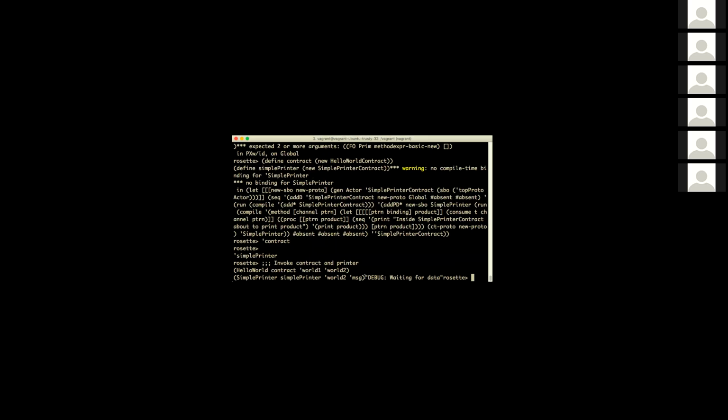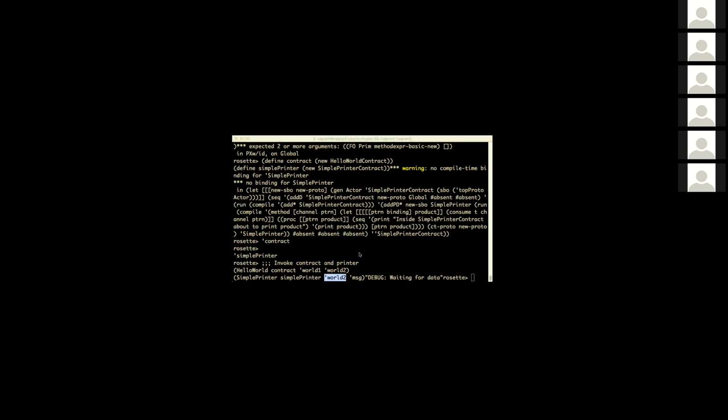So this is the simple printer contract where we're passing in world 2, and this is the actual channel that it's listening on. Right now we're invoking the original Hello World contract and then the simple printer contract, and now the Hello World contract is just waiting for data on world 1 to get passed in, and the simple printer contract is waiting for data on world 2 to come in.